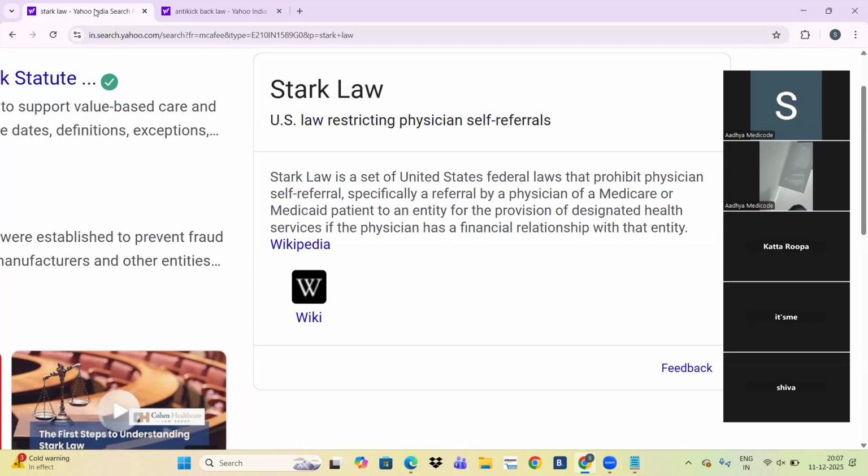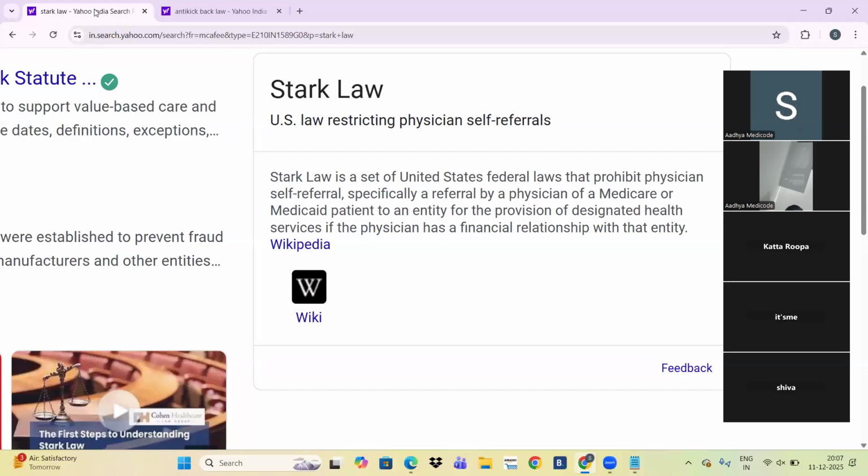Okay, what is physician self-referral? How do they make more money through self-referrals? Suppose a physician maintains a pharmacy, they will send the patient to their own pharmacy.